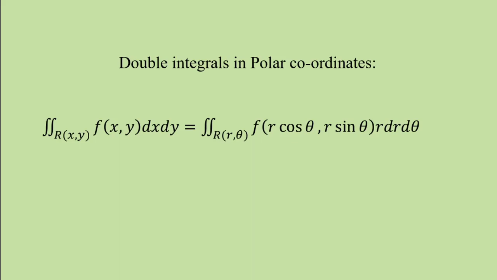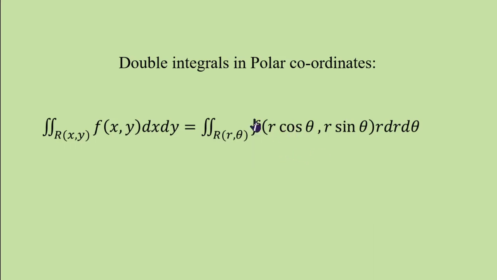how we can convert a Cartesian form double integral to polar form by substituting x equal to r cos theta, y equal to r sin theta, dx dy is r dr d theta. That means the Jacobian of x y with respect to r theta is r. Therefore, dx dy is r dr d theta. And find the region in Cartesian form to polar form. That means find the limits in terms of r and theta. This is how we can convert the double integral in Cartesian form to polar coordinates.